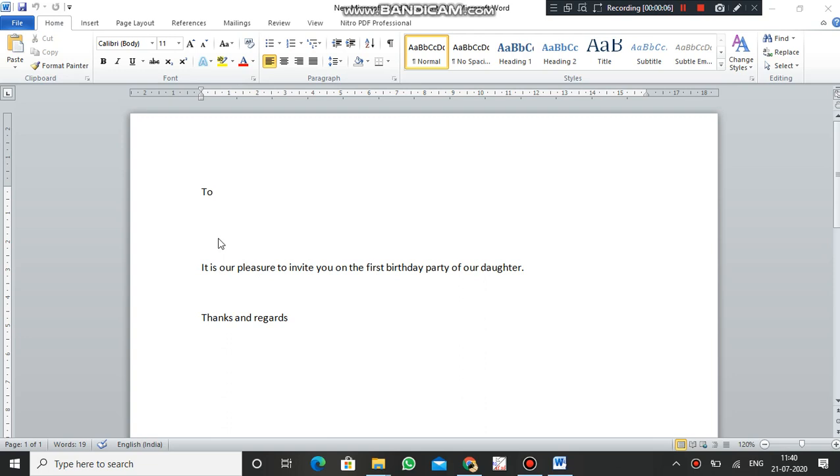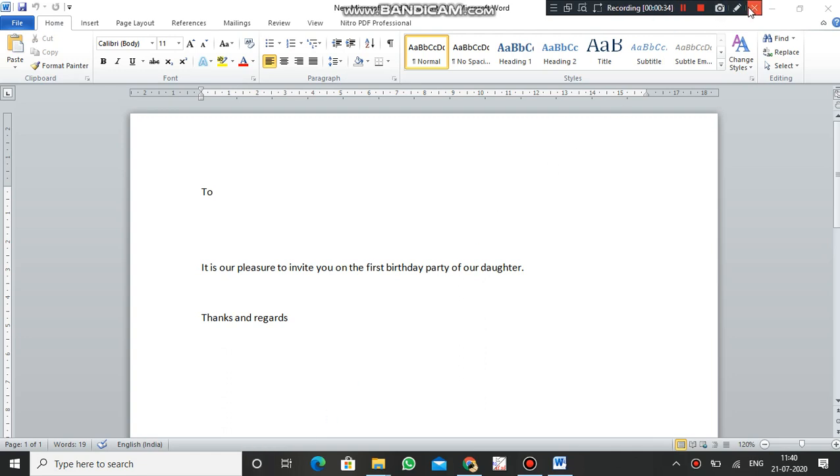Mail merge is a feature in MS Word that is used to create multiple personalized letters. It saves lots of time as you do not need to change the information for new recipients. Mail merge contains three components. The first component is the main document. The main document contains letters, invitations or envelopes.